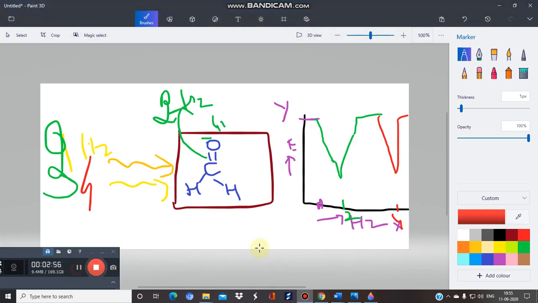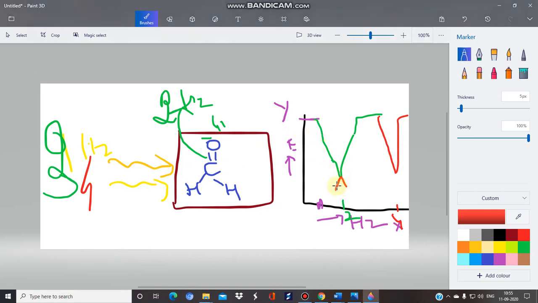Okay, so basically this gives us an idea about the absorbance, because we know when we use 1 hertz of frequency, there is no absorbance and there is 100% emittance. But here we can see this is an absorbance. So this absorbance is fixed for a particular bond. This will give us an idea about the absorbance, and we can also use IR spectroscopy for quantitative estimation.